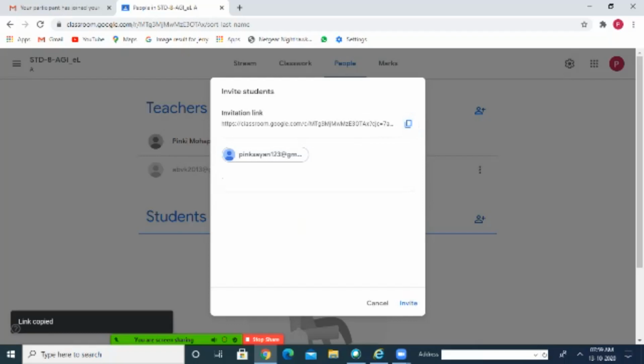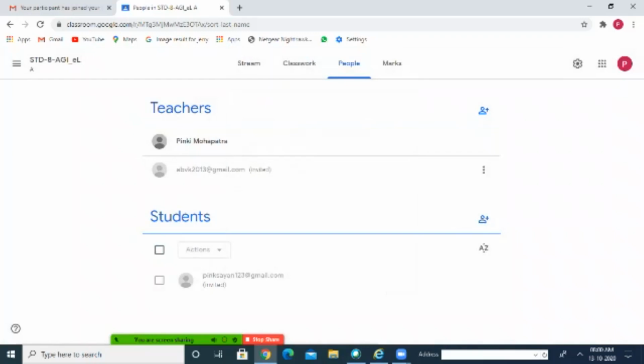Okay, so when I paste it, they can click on that link and they also can join to my class. Okay, so here the link is copied, but now I am not going for that. I am going through the invitation, because this process is known to everyone, how to copy the link and how to send it in group. Now I am going to send the link through Gmail ID. So I send this link to another Gmail ID of mine. Now I am clicking on the invite option.